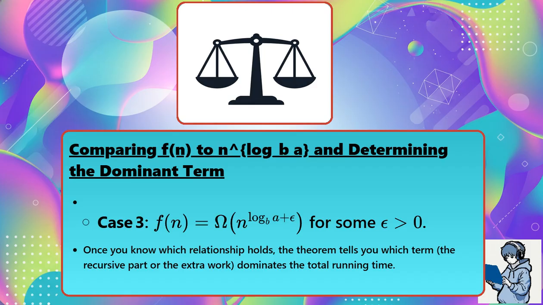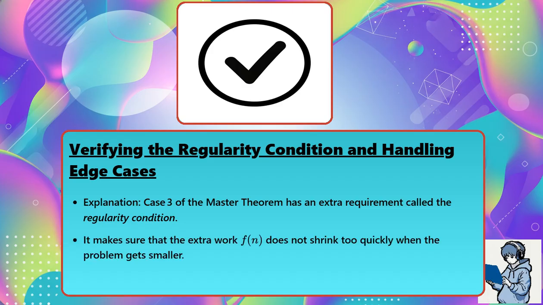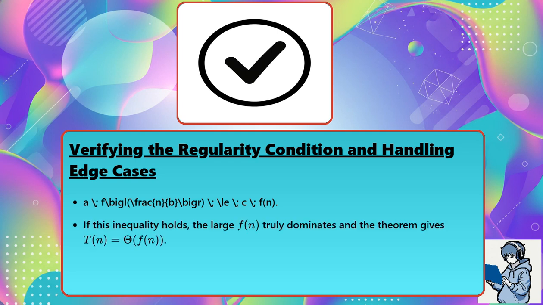the total running time. Case 3 of the Master Theorem has an extra requirement called the regularity condition. It makes sure that the extra work f of n does not shrink too quickly when the problem gets smaller. Formally, we need a constant c less than 1, and a size n sub 0 such that for all n greater than or equal to n sub 0, a f of (n divided by b) is less than or equal to c f of n. If this inequality holds, the large f of n truly dominates, and the theorem gives T of n equals theta